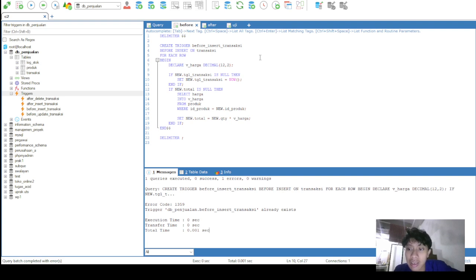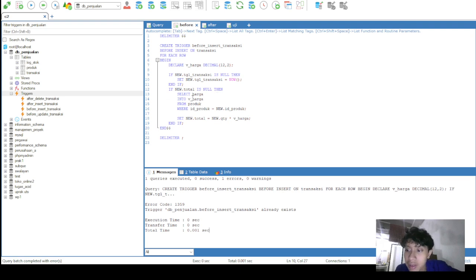Okay, and then for the automatic total calculation, the trigger also checks whether the total column is null. If the total value is not provided, the system calculates it automatically. To do this, the trigger retrieves the product price from the product table based on the product ID using a select into statement.